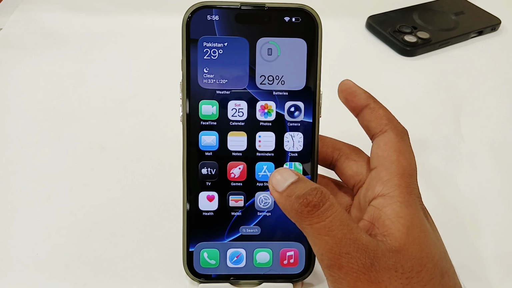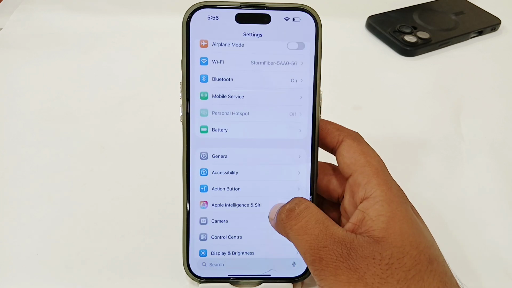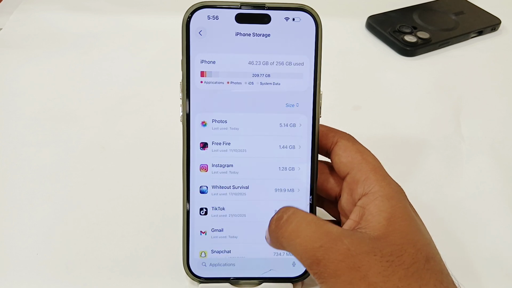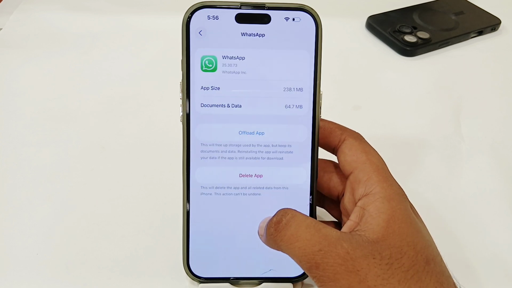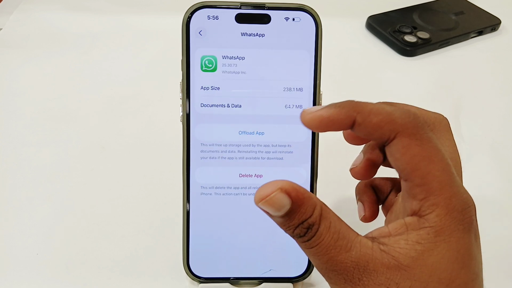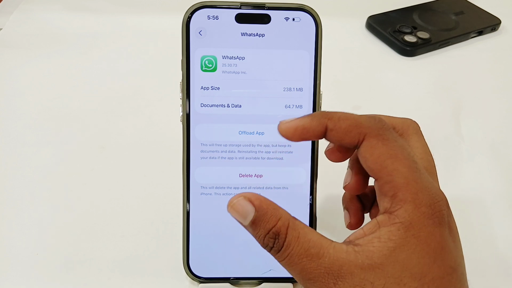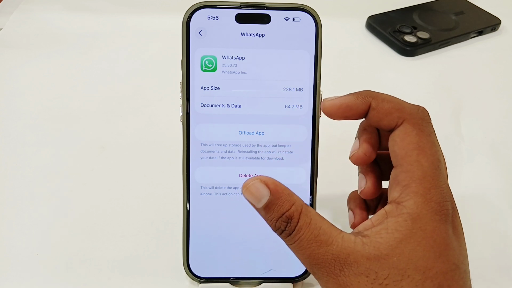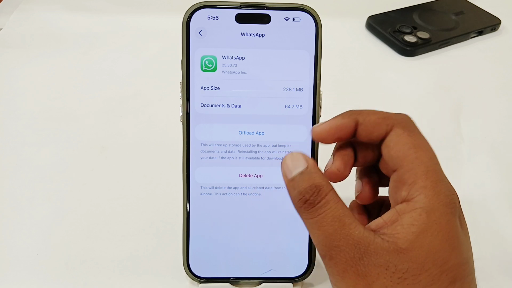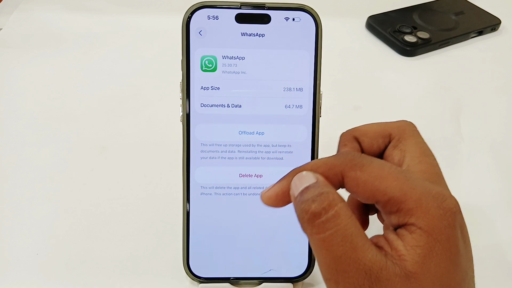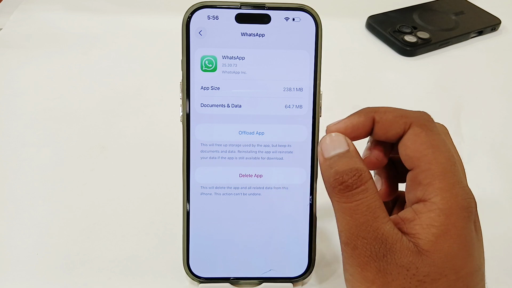Or if you are still having the same issue, you have to open Settings, go for General, go for iPhone Storage, then go for WhatsApp from here, and you can try to offload the app or delete the app. If you offload your app, the app will not be uninstalled, but it will be completely reinstalled on your phone. Or if you delete the app, the app will be completely uninstalled, and you can reinstall it from your App